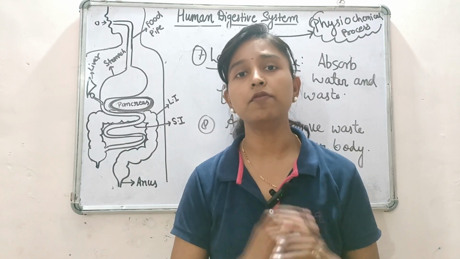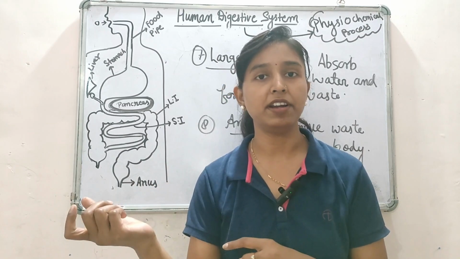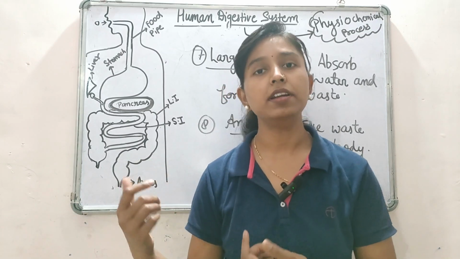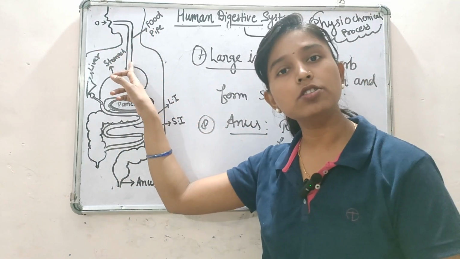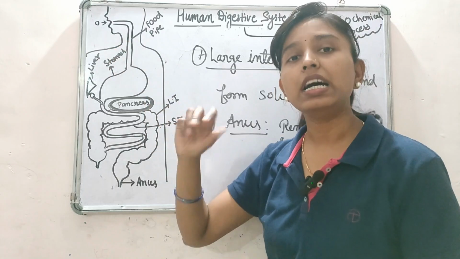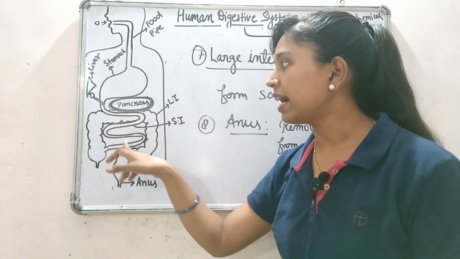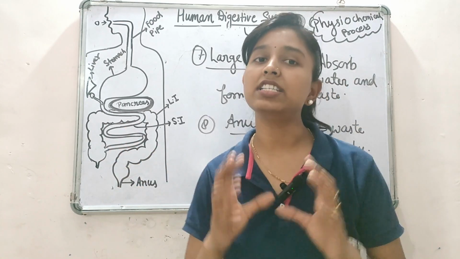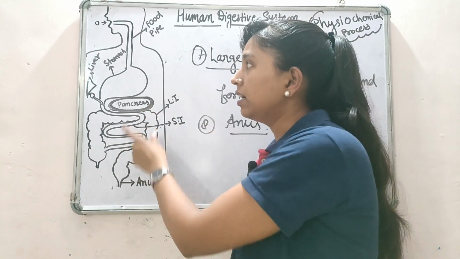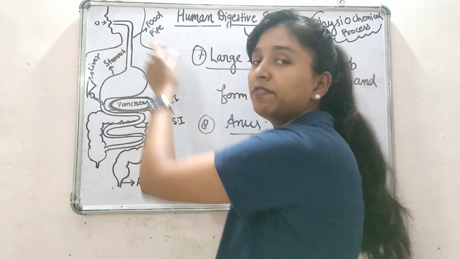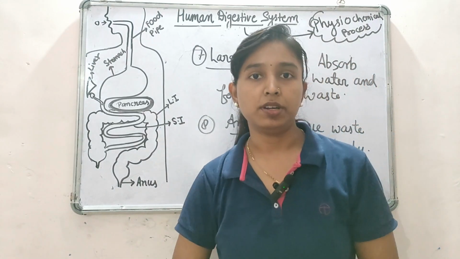We have also discussed that the digestion process is completed by two components, that is the alimentary canal and the digestive glands. The alimentary canal consists of the mouth and food pipe. The food pipe is also known as the esophagus, that is another name for the food pipe. Then stomach, small intestine, large intestine and anus. The digestive glands consist of the liver, pancreas, gastric gland, and the salivary gland inside the mouth, and these glands are also responsible for digestion.